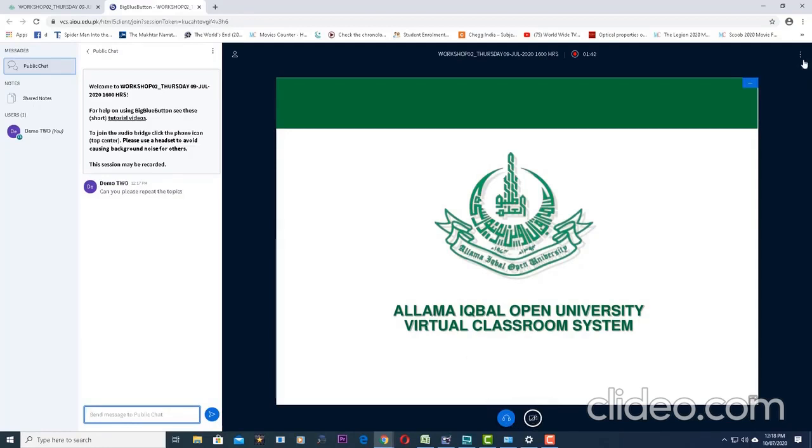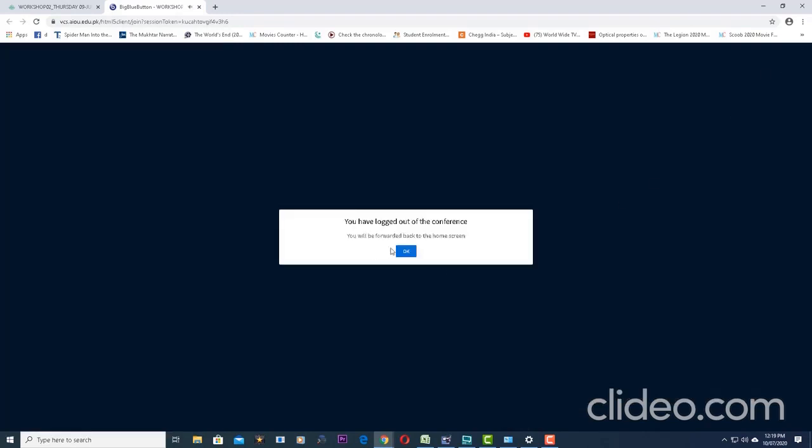In the right top corner, you can see three dots. When your class has ended, you will click on these three dots. A menu will be displayed. Click on the last option, logout, and you will be logged out of the class. Press OK and it will take you back